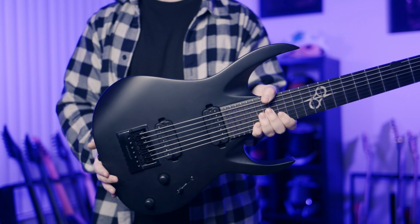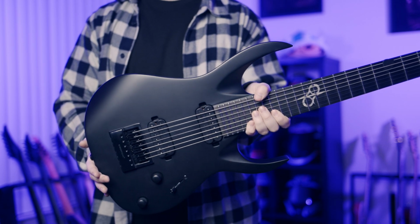All right, now we have some RGDs. Love the RGD line. Looks like we have a 6 and a 7-string. The 6-string is in black Aurora Burst Matte. Say that 5 times fast. And the 7-string is in black flat. Ooh, love that. I do like my Solar A 1.7, so this probably isn't going to replace that, but this